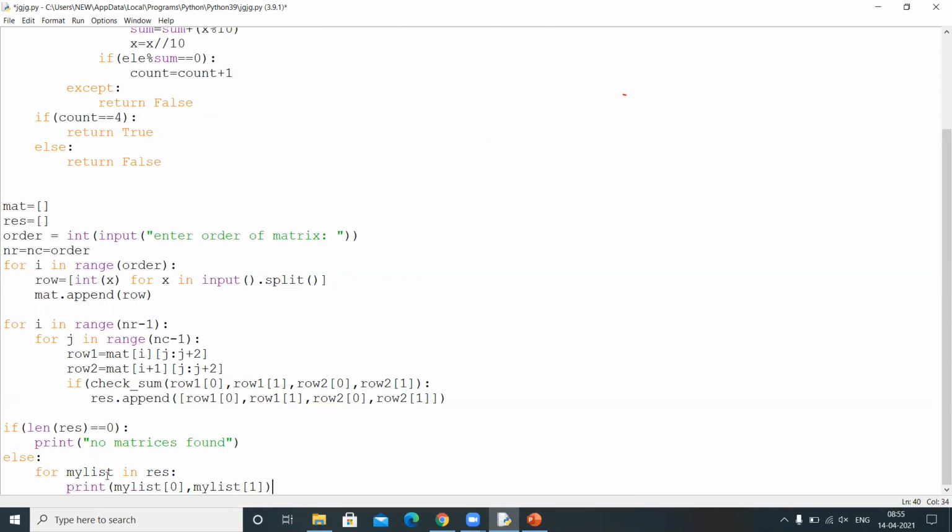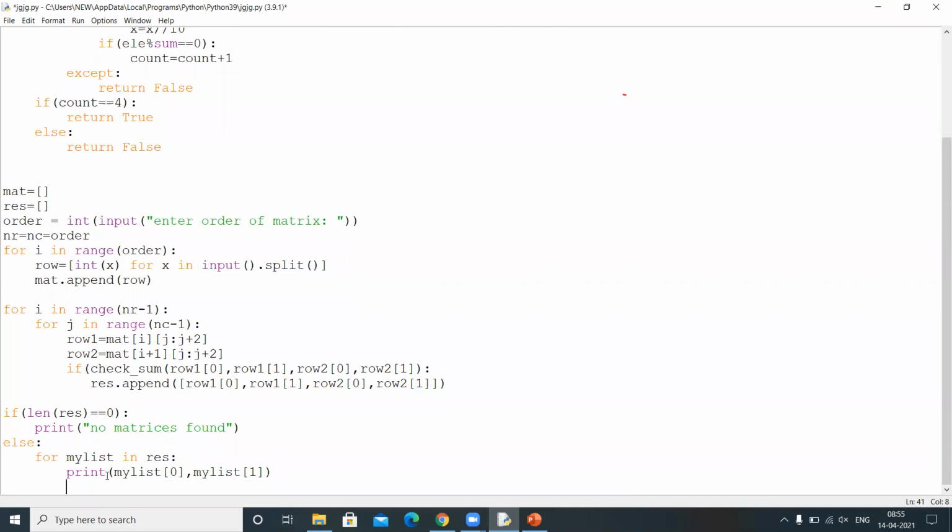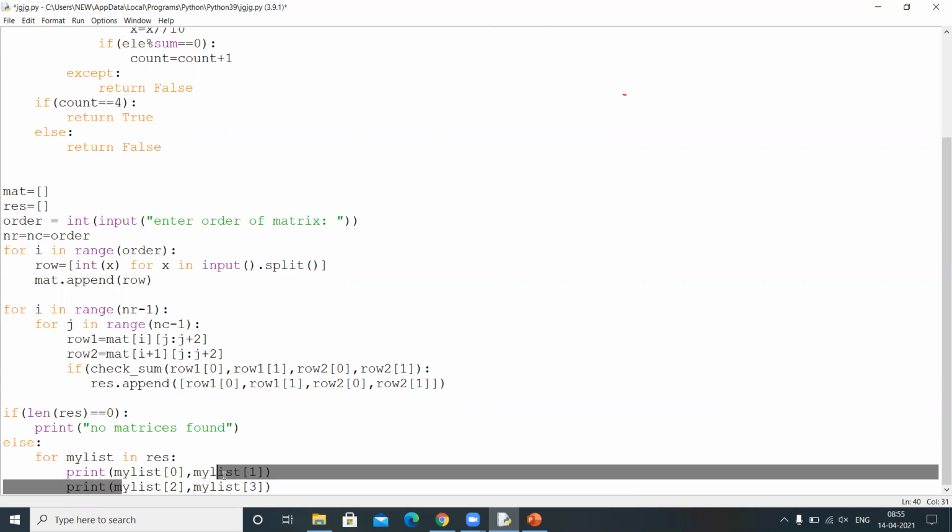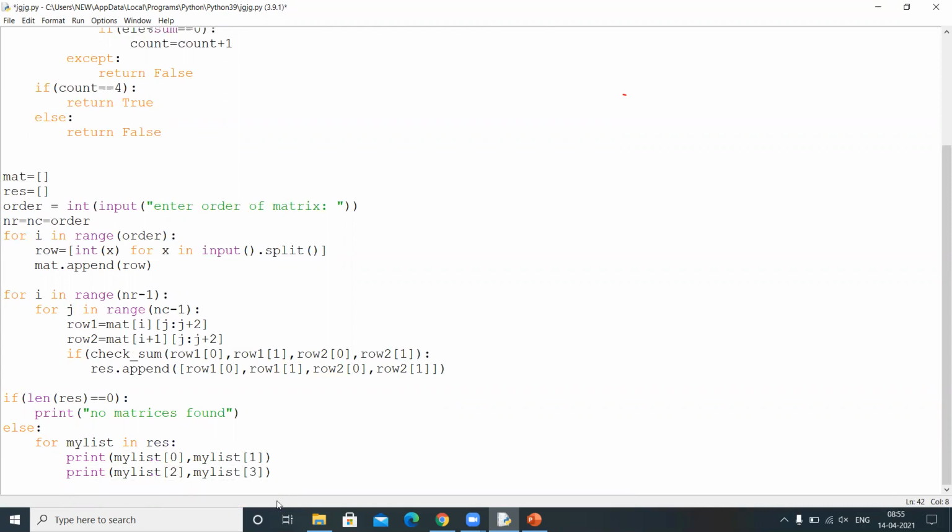This is related to the first one. And the next one is what? Print my list of 2 and my list of 3, which means this is the first row of the 2 by 2 matrix and this is the second row of the 2 by 2 matrix. Done. This is all the code we need to write, and let me save the code and run again.